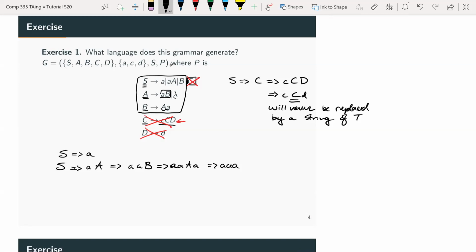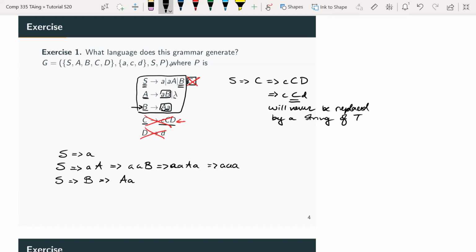Okay. So is there a pattern to that? Well, to notice that, you need to notice that this B here, to make your life simpler, you can actually replace S gives you B by something else. So if you're in S and instead you choose the production rule B, then you have no choice, because this is the only production rule that you have. You have no choice but to replace B by aA,